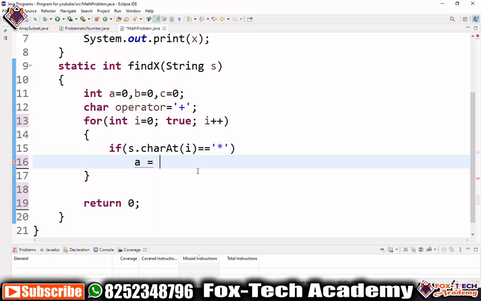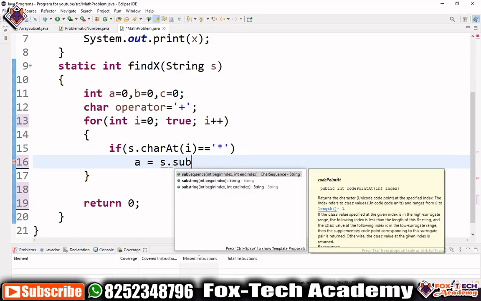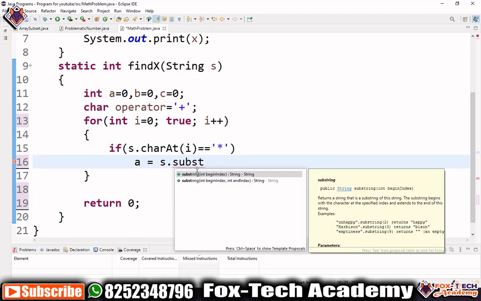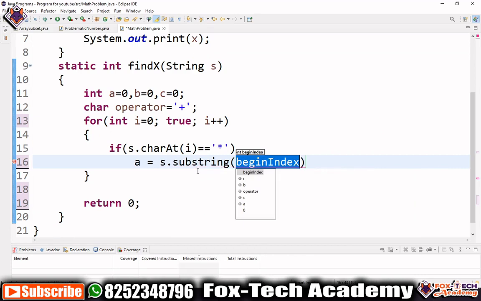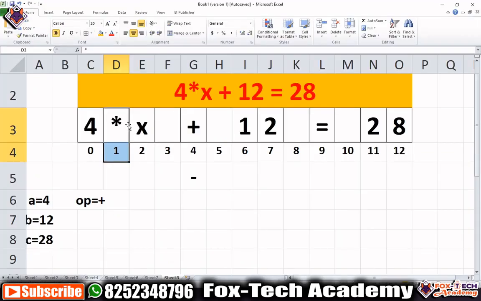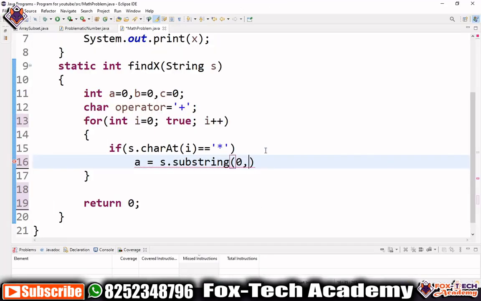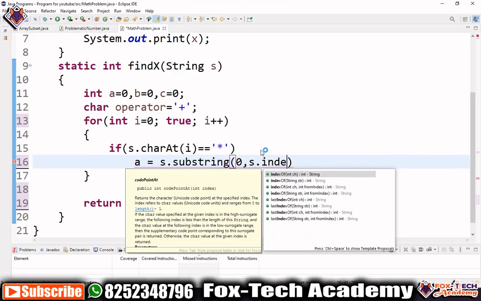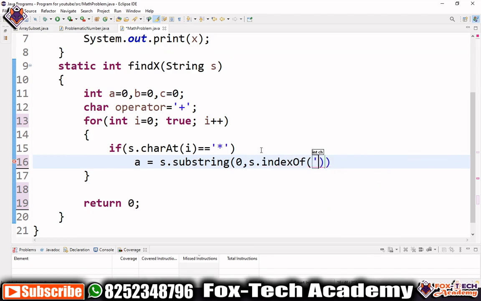So let's write it. For getting this we will use s.substring, with 0 as the beginning index, and before the index of this star. So we will write s.indexOf and put a star. It will give us the index of the star, and we need the substring from 0 to before that index.